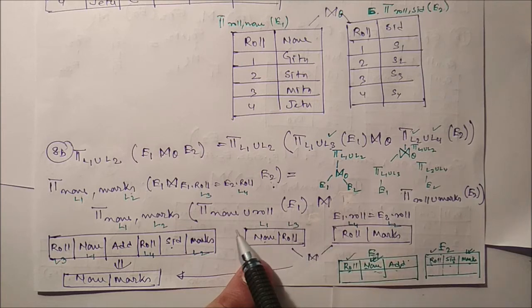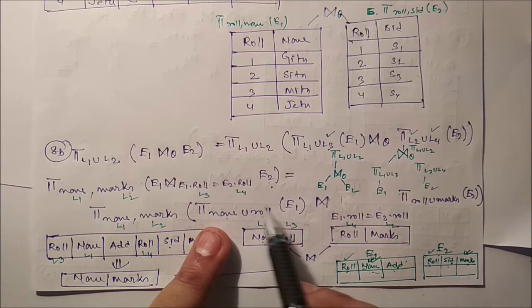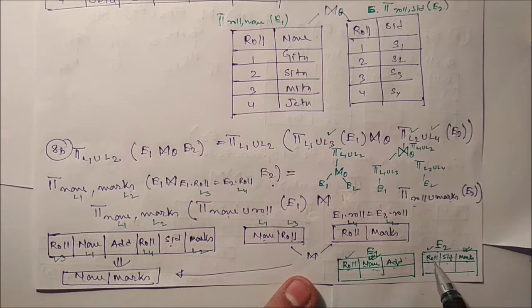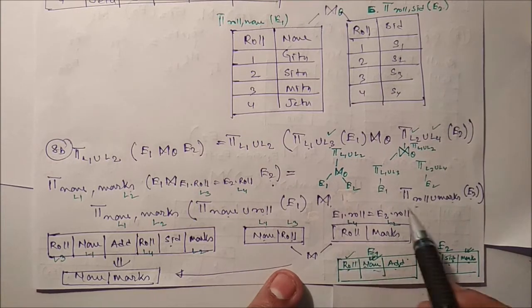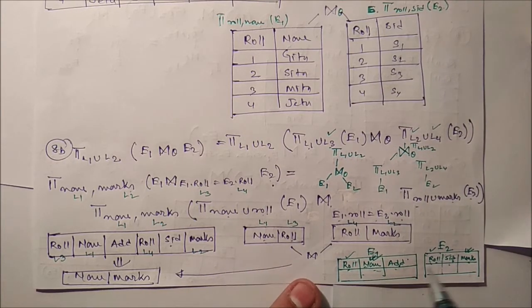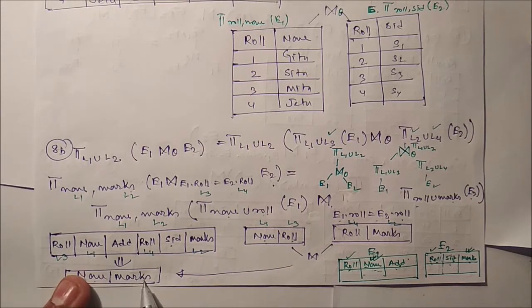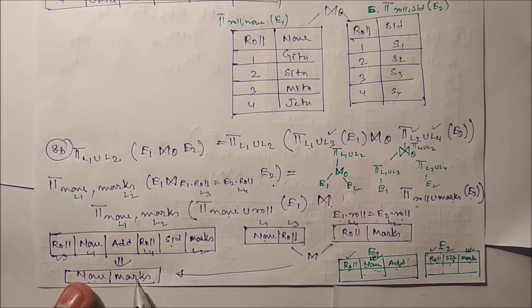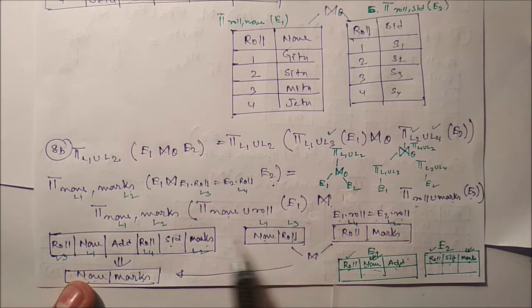So how can we eliminate it? We have to apply the projection operation. First of all, we need name and roll number; we discard the address attribute. And from E2 we need roll number and marks; we discard the subject ID. After that we merge them, with E1 roll number equal to E2 roll number. If you merge these, definitely you get the same result, name and marks, in both cases. But if you use this one, it will create a big intermediate result, and if you use this one, it will create a small intermediate result.